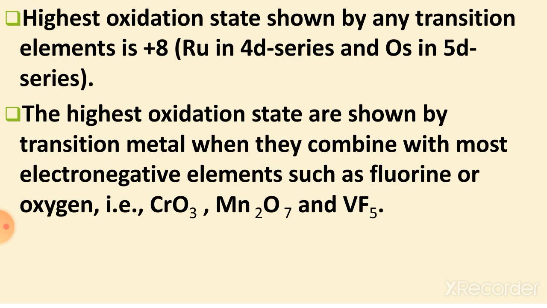One more question may arise: Mn can form Mn2O7 but MnF7 cannot be formed. So here your answer is like this. Oxygen can form multiple bonds, that's why it can form Mn2O7. That means O2 due to formation of multiple bonds can change Mn to the +7 state. This is not done by fluorine, even though fluorine is more electronegative than oxygen. So if this question arises, you have to write the answer in terms of multiple bond formation by oxygen. Are you getting it or not?